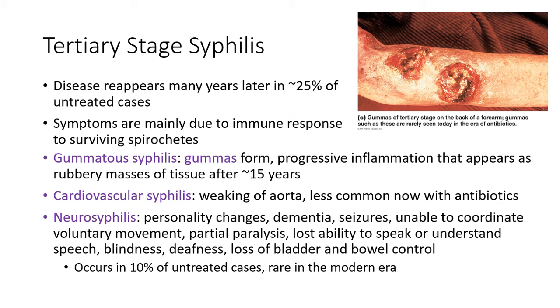symptoms, including personality changes, seizures, dementia, the inability to coordinate voluntary movement, a partial paralysis, loss of bladder and bowel control, etc. This will occur in 10% of untreated cases. Thankfully, it's very rare in the modern era. We tend to catch it before it gets to this point now, but that didn't used to always be the